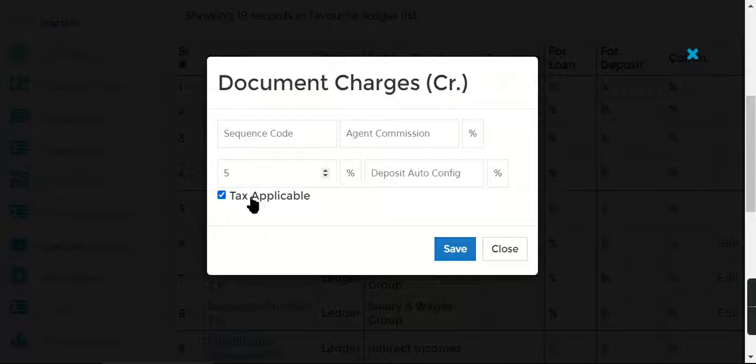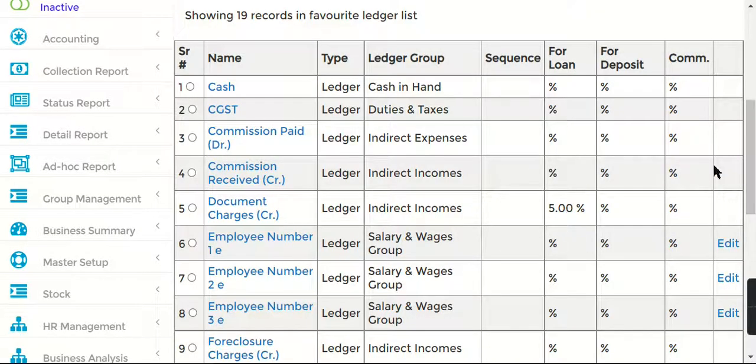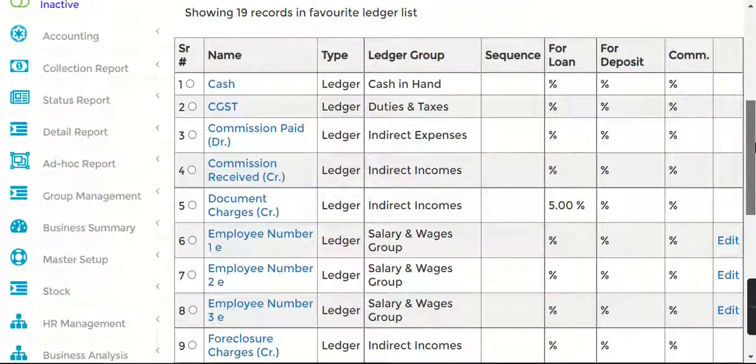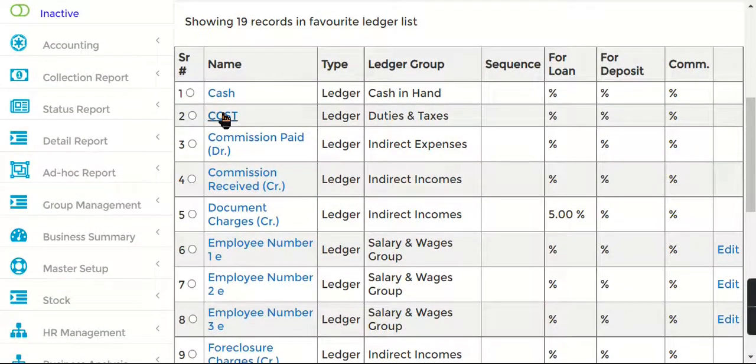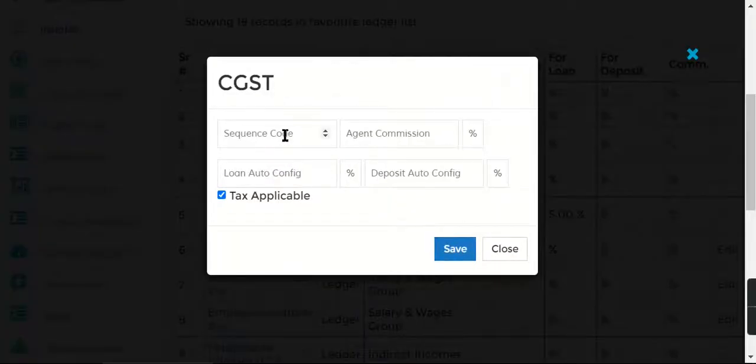So I'll just say 5%, and this document charges is tax applicable, so it should be clicked here. Save and close this. So this is 5%, and then suppose you say CGST is 8%. Sorry, not here, it's here. 8% CGST, okay, save this.